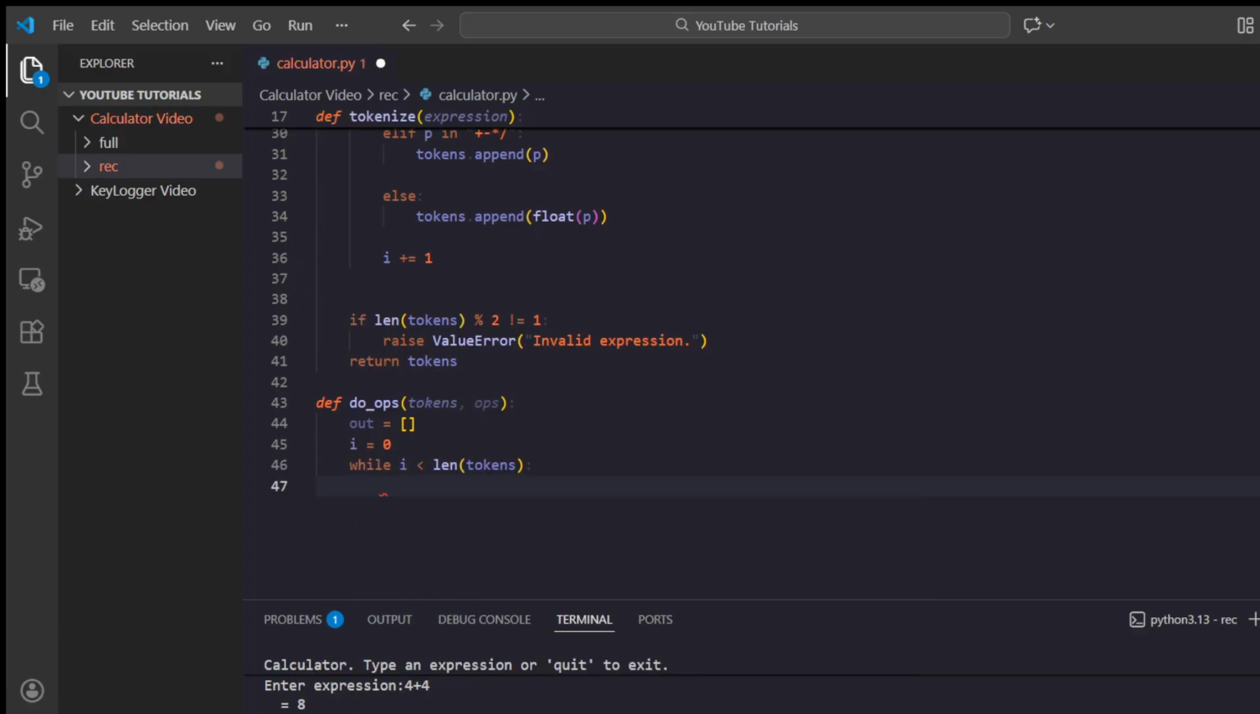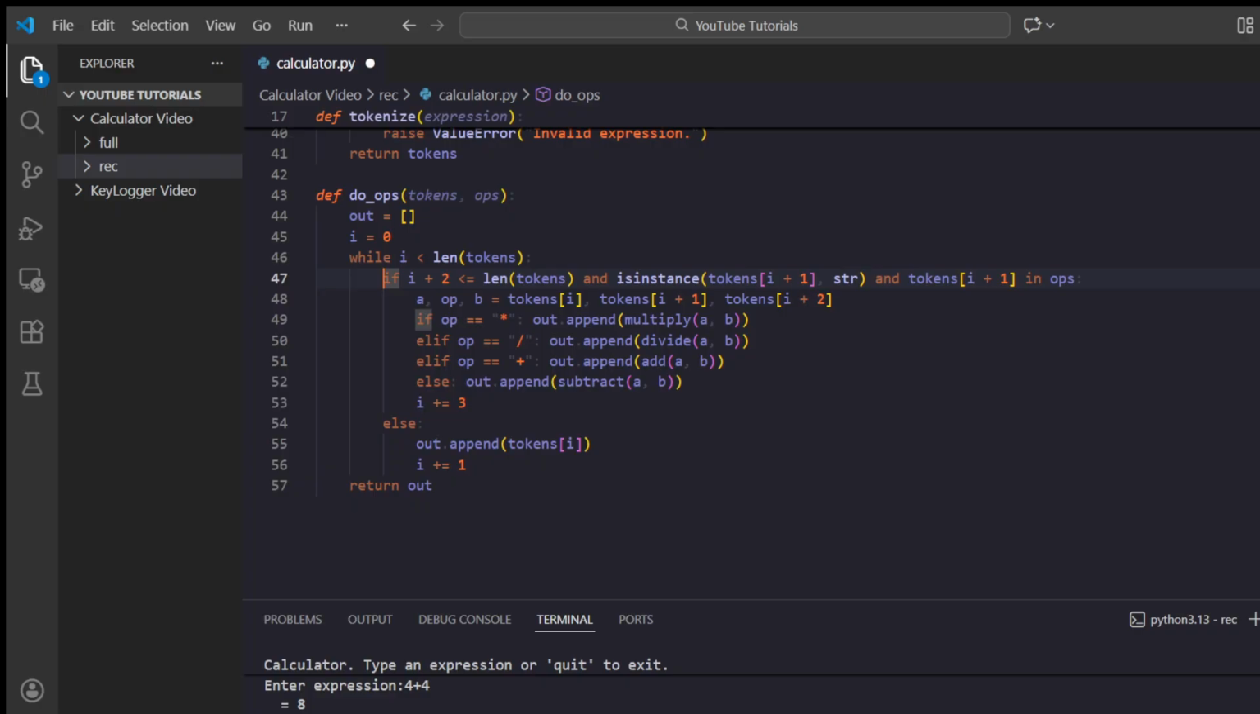And then we need to make sure, do we have at least 3 items left? And is the middle one an operator in operators? So basically what this is saying is, do we have at least 3 items left, and is the middle one an operator? So if it is, we're going to grab the 3: the left number, the operator, and the right number. Then we're going to actually do the math and append the result to